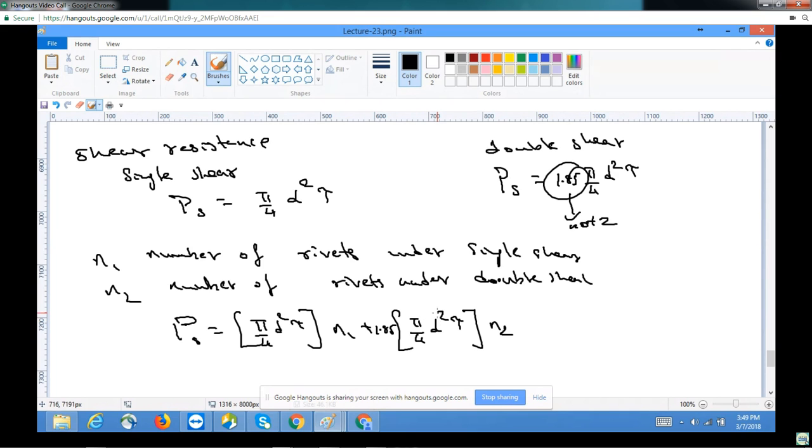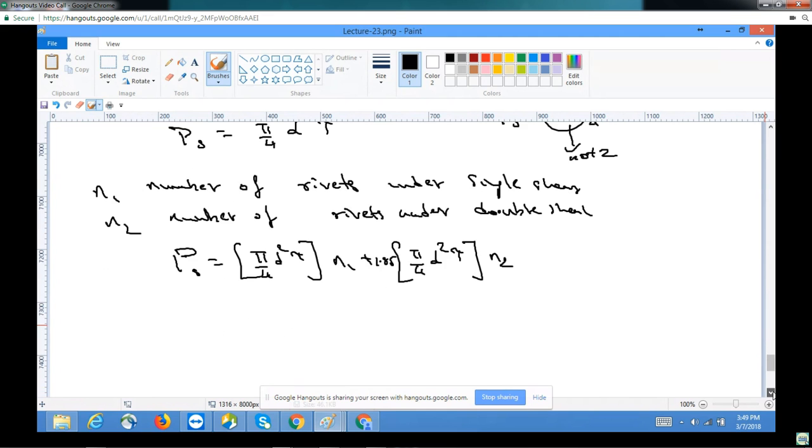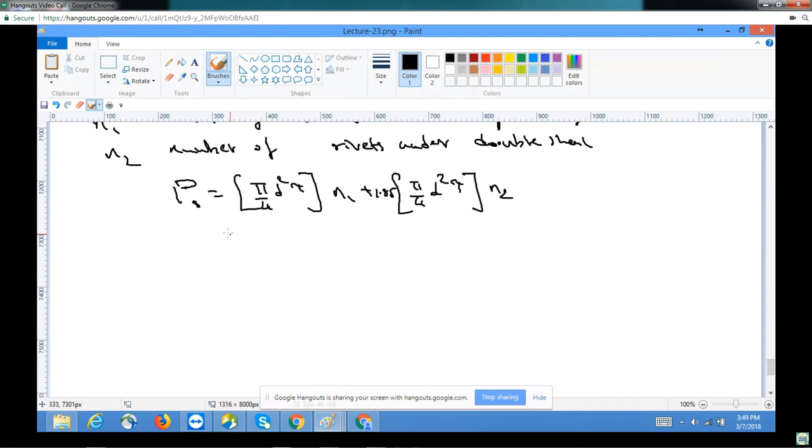So this can be simply modified, or the pitch can be obtained from this side as